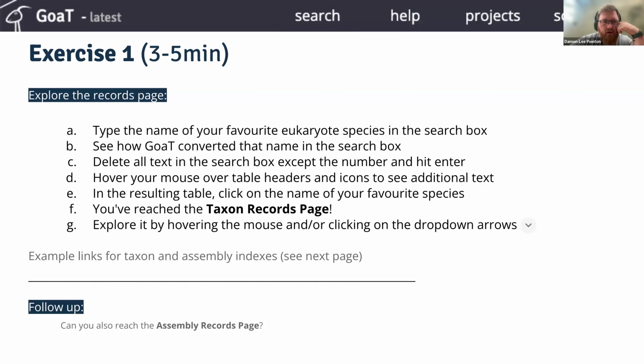So will you be integrating the Genomes on a Tree stuff? Like the Hi-C viewer and everything. Obviously they're generating all the Hi-C maps for everything that comes through the pipeline, so will those end up on there? What ends up in GoaT? Because obviously you've got the BlobToolKit as a visual representation of the genome and everything.